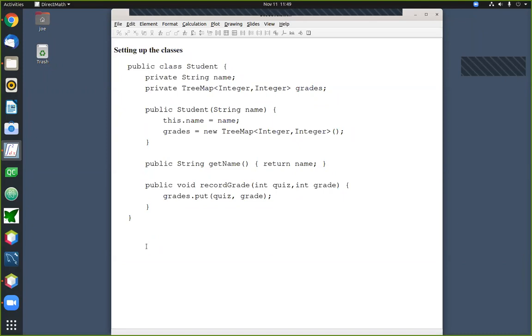Okay, so now that we have a way to handle quizzes associated with an individual student, the next thing we need to deal with is the fact that, of course, what we're going to be working with is a group of students. All right, so we're going to need to develop a second class that is designed specifically for storing